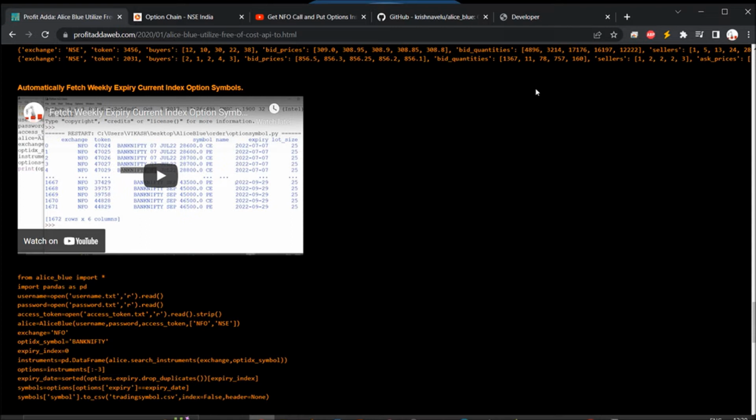So today I'm going to talk about how we can get ITM, ATM, and OTM strikes utilizing the Alice Blue free API in Python. Okay. To do this, I must say that if you don't have an account in